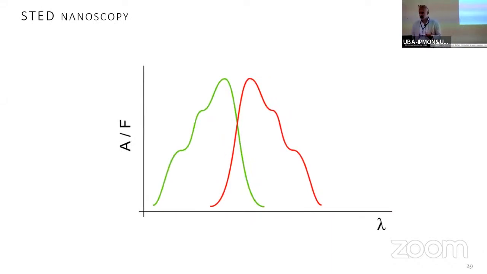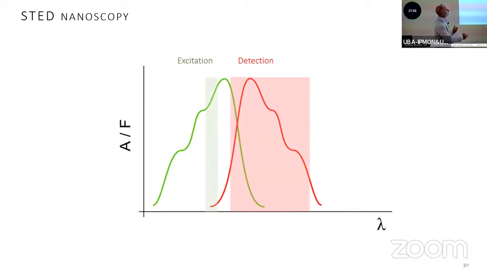So in a typical fluorescence experiment, you have a fluorophore with an absorption spectrum and an emission spectrum, and what you typically do is, okay, I take some laser light or some lamp, and I take an excitation band somewhere where the molecule is efficiently excited, right? And then for detection, I put fluorescence filters or optical filters to collect as much as possible of the fluorescence emission. That's what you typically do. Well, if you want to do STED, you have to change this a bit because you need to sacrifice some of your detection window to introduce your STED beam. So you will reduce your detection window, and here you put